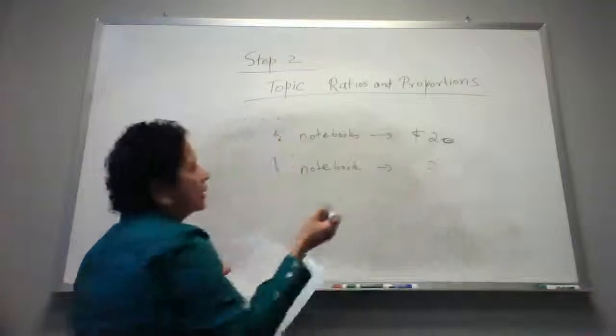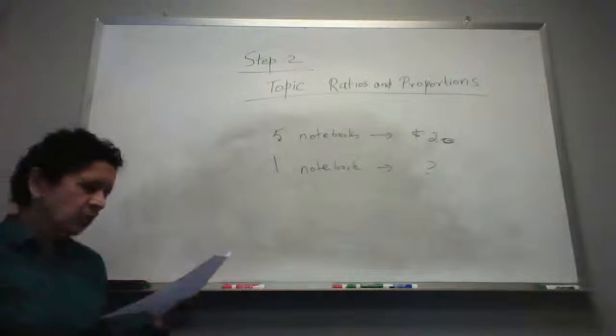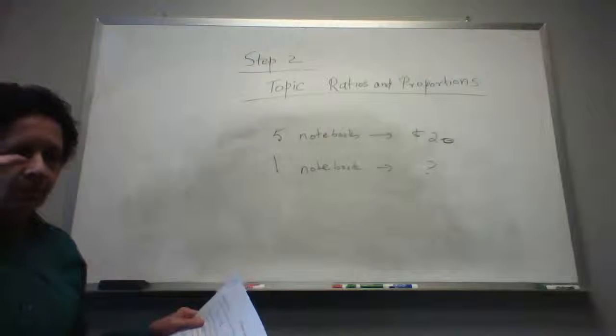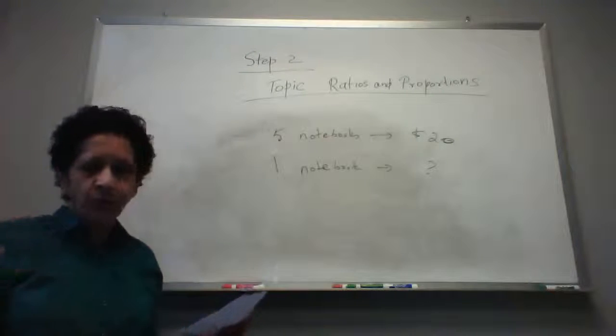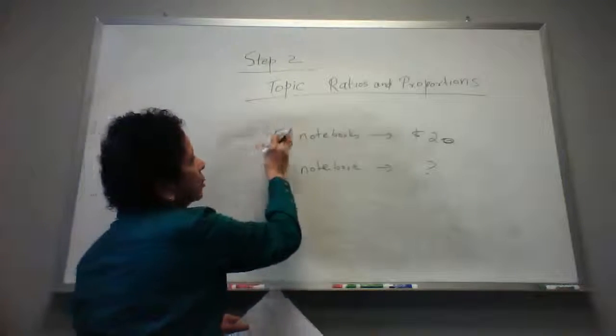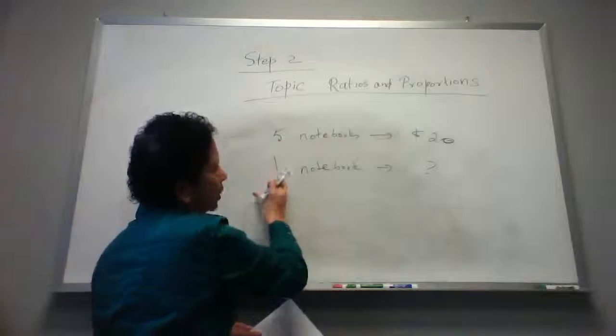Okay, so again, you can just do this problem, it's a division problem. Like I've got $20, I bought 5 notebooks, 20 divided by 5, $4. You could have just done that, right? Or if you want to set it up like this, so 5 notebooks cost $20, 1 notebook costs how many